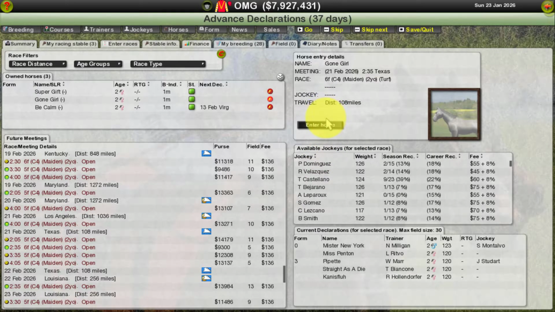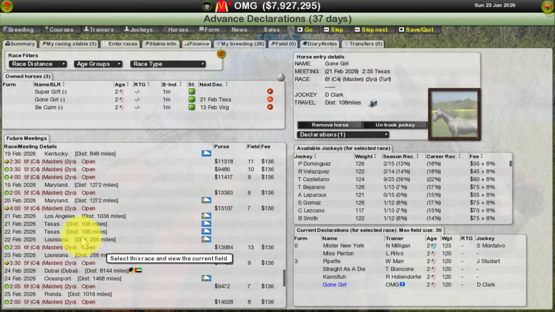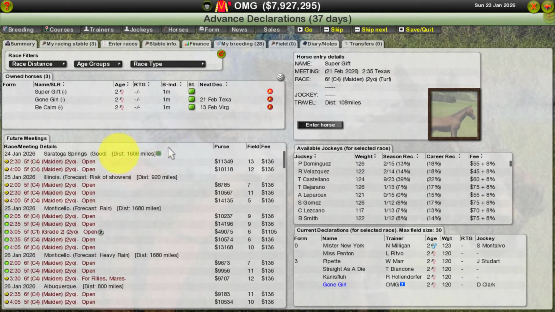Right? So we'll enter Gone Girl. We're gonna enter Gone Girl into this one. So you see D. Clark automatically gets it. So that's the February 21st race in Texas. And then if I click on Super Gift to enter her,